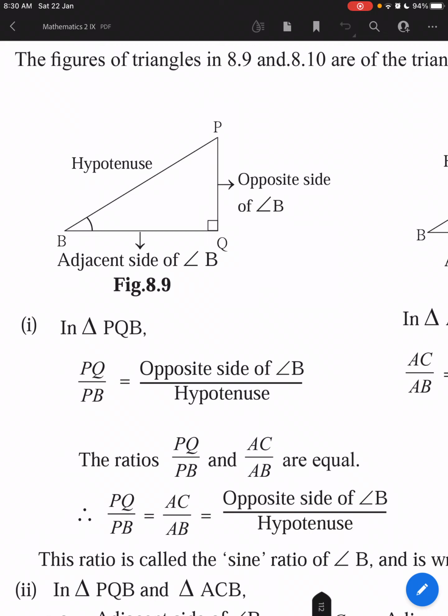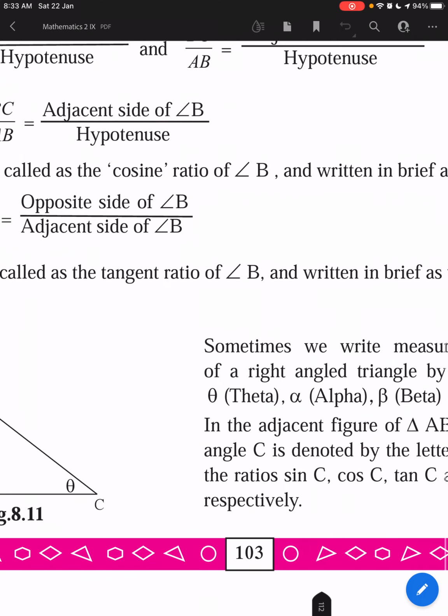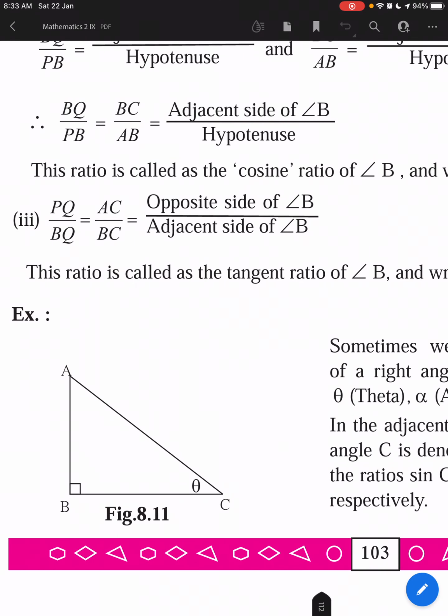So when we divide the opposite side by the adjacent side of a given acute angle, the ratio is called the tangent ratio. Tangent ratio. And in brief it is written as tan B. So when you are finding the ratio, you should know the angle, the opposite and the adjacent side of that angle. We are dividing with the hypotenuse, sometimes the opposite and adjacent together. So it is necessary that for a ratio you require an angle, an acute angle.